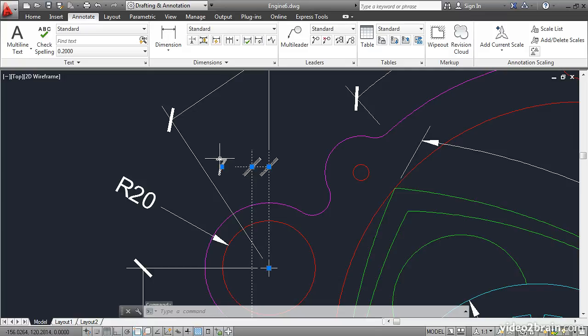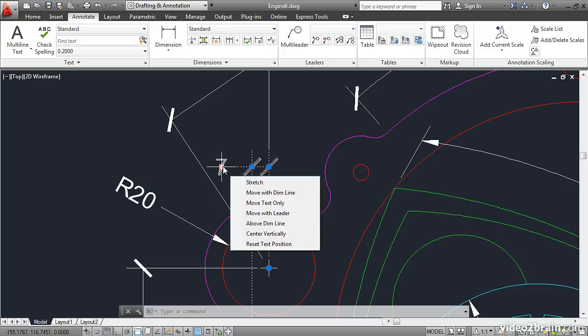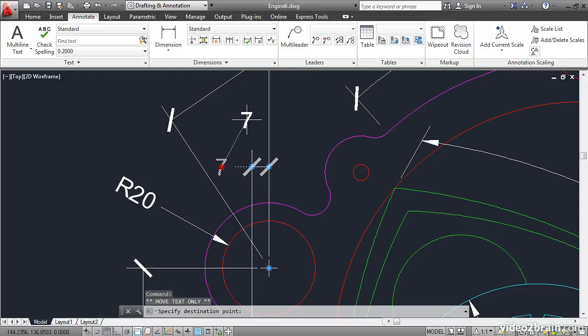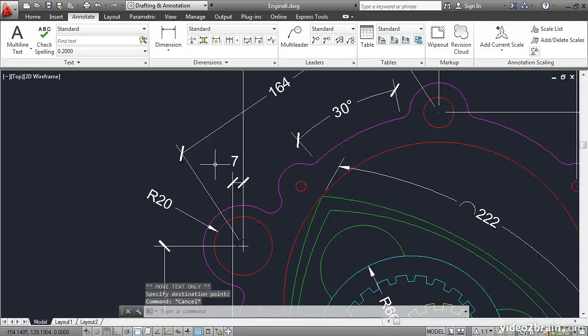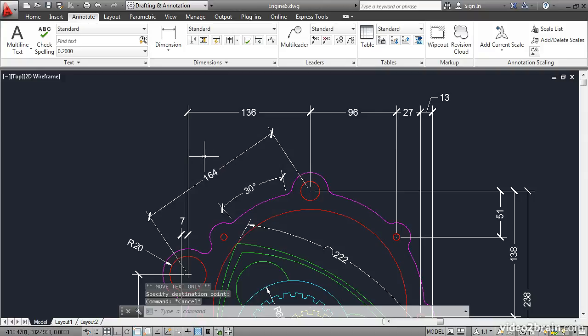Click the 7, and its entire dimension object highlights. Put the cursor right on this grip, and you'll see a grip menu appear. Choose Move Text Only, and then click a point up here to locate the number. Press Escape to deselect. Zoom out, and I notice that I neglected to dimension the distance between this hole and